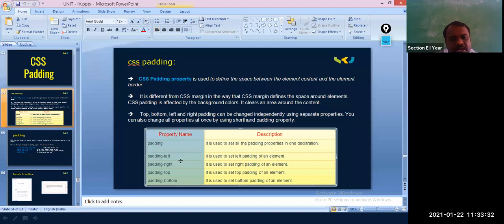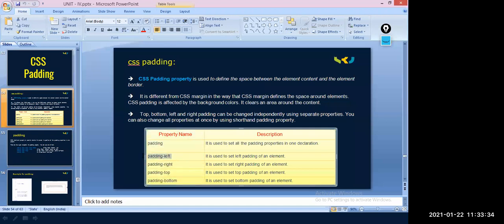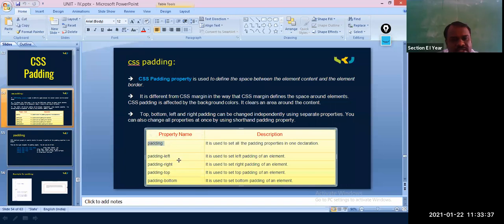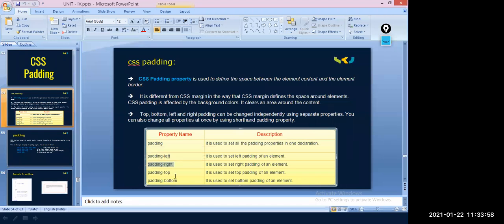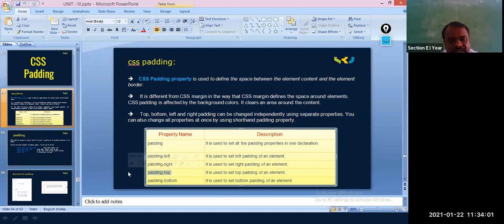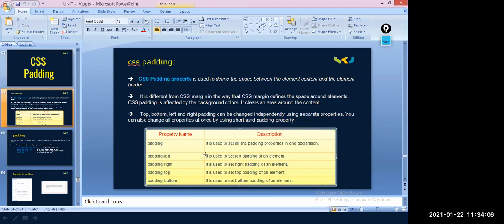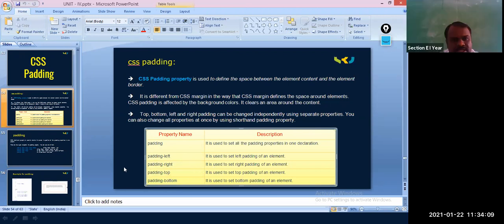Okay, guys. But if you want to give it to only a particular side, okay. So why do I need to go for this one? I can just use this one attribute and apply it. I want to apply only for the left side. I don't want to apply it for the top side, right side, and bottom side. Then you go for padding left. Padding right is nothing but to assign the property only for the right side. You go for padding right, and padding top will apply only to the top side. Padding bottom will apply only to the bottom side. Did you get the difference? Okay. Yes, sir. So these are the paddings.